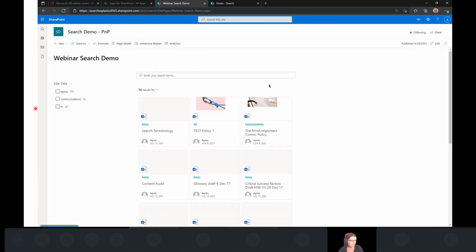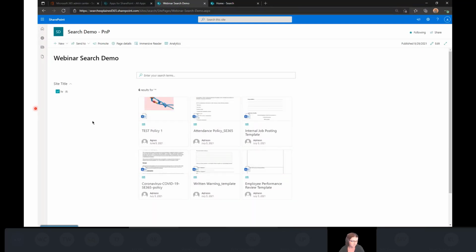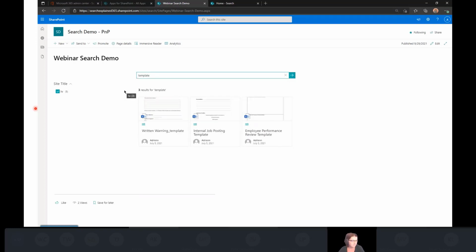And now what we have is that we have 74 results for the asterisks, which means in this context, I have permission to see those 74 results from those 3 sites. And if I am only interested in, I don't know, HR documents, then I can filter for HR here, or I can search for something. And you can see that I have 3 templates under the HR site, which I have permissions to. All right,